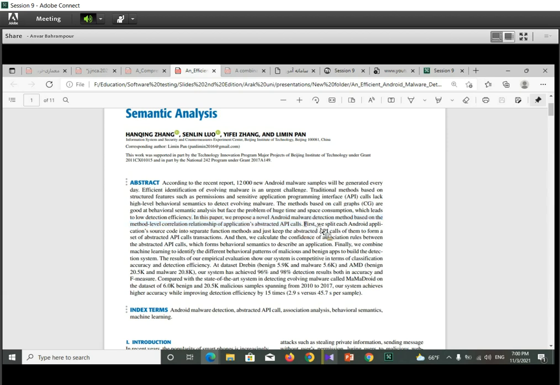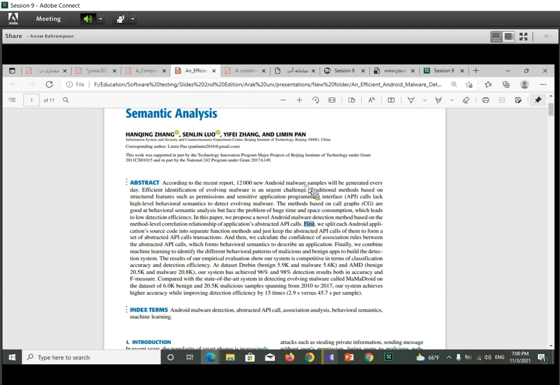First, we exploit each Android application. In this sentence and the next two sentences, there is more explanation about the proposed method.